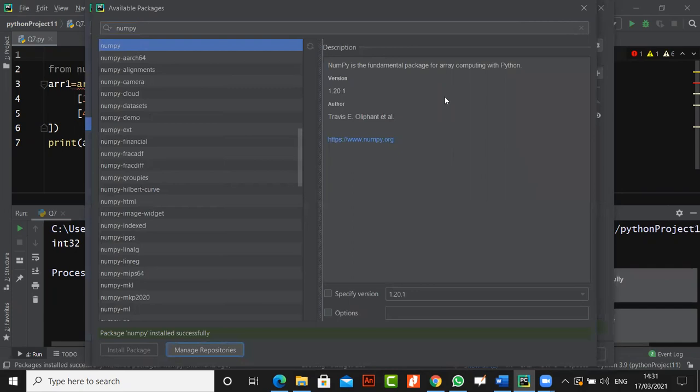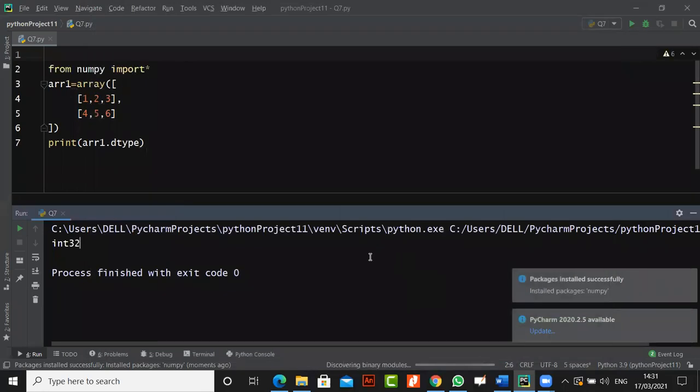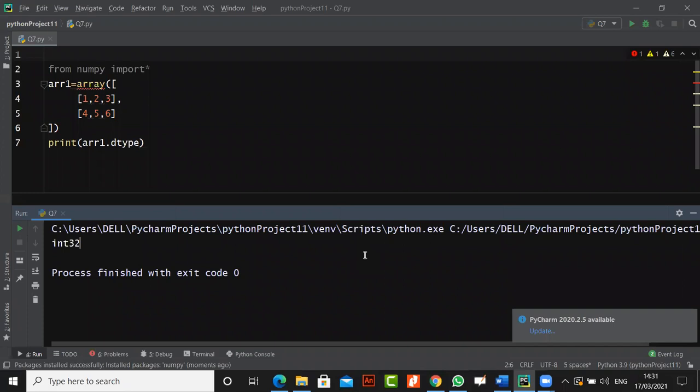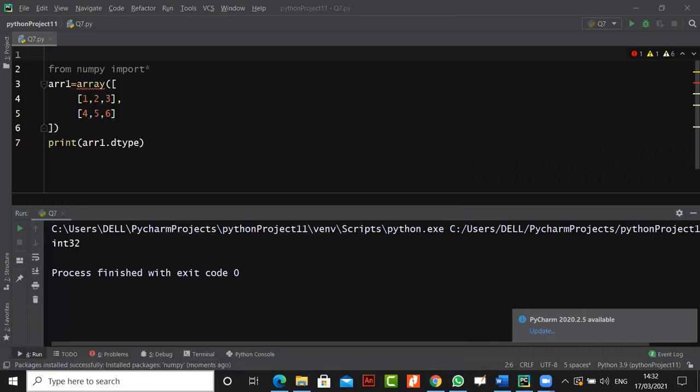Package numpy installed successfully. I can now close this. So you see numpy is present over here. Even if you are using the default IDE of Python, you will have to install it there too. But you're not using that. It has a different method. You use the command prompt, you come into command